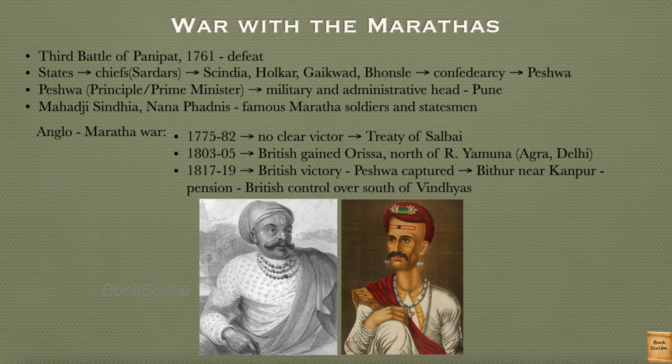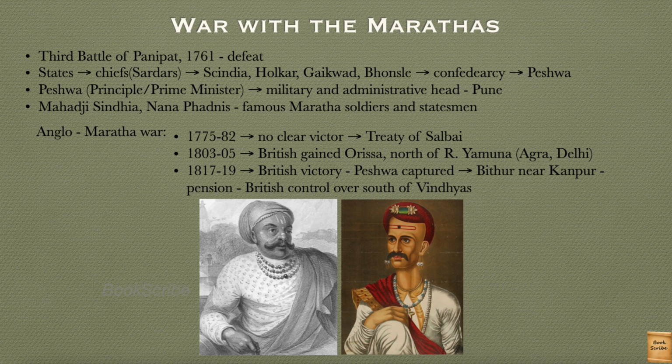The English weakened the Marathas step by step. The first war, which is called the Anglo-Maratha War, took place from 1775 to 1782, and in the end there was no single victorious side, but it ended with the Treaty of Salbai, which was brokered by Mahatji Scindia from the Maratha side. Then the second Anglo-Maratha war took place between 1803 and 1805, and here what happened, in certain